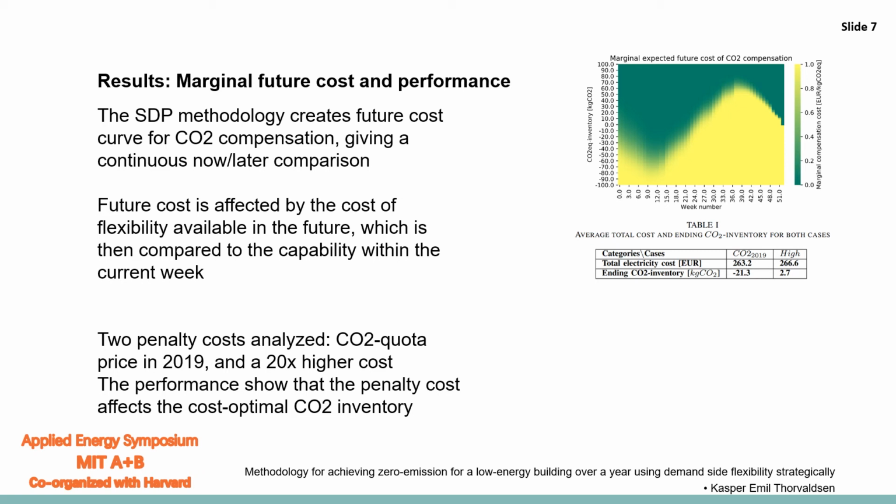So what this curve here shows is how the future cost is affected by the cost of flexibility available in the future. And within this model here, if we were to use these curves in a simulation phase, the model would then compare, okay, based on the CO2 inventory we're at right now, what is the marginal cost increase of increasing 1 more kilo CO2 in the future? And then you compare it to the current day and see, okay, how much does it cost for me to schedule this extra compensation now? And then you would compare which one is the cheapest option, and you would either do it now or you would wait until the future because there is an expected better opportunistic situation where you can utilize that flexibility